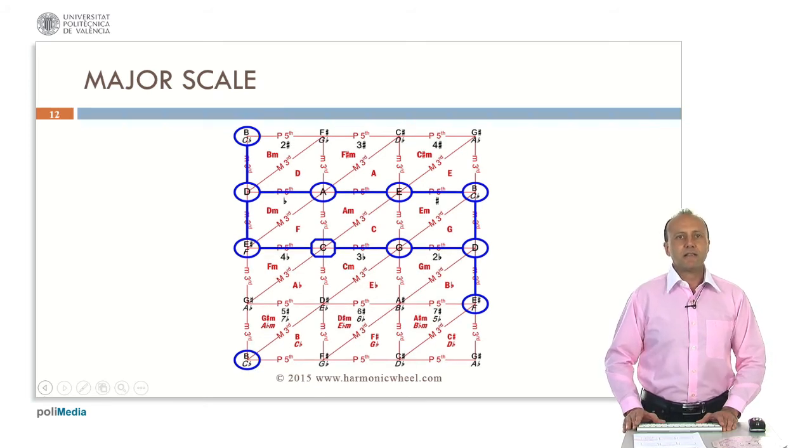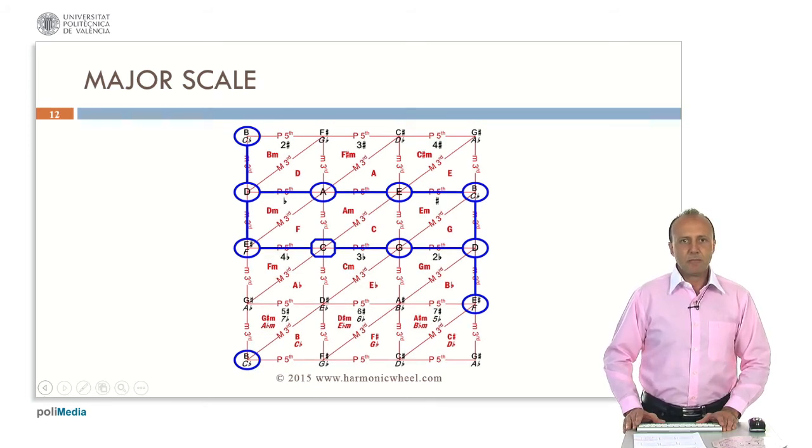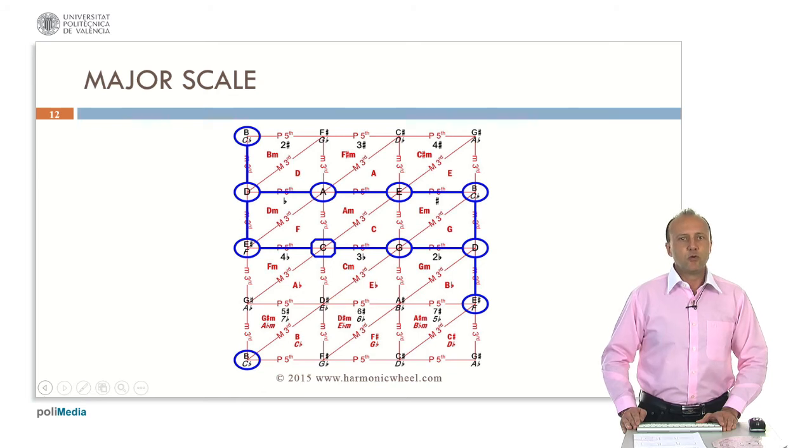So now we assign the corresponding key signature to any pair of a major chord and its relative minor. Remember that we have to repeat this figure infinite times to obtain the harmonic plane. But in the vertical direction it is not necessary, because at the top we have the same notes as at the bottom. So if we go upwards, when we reach the top, we can continue from the bottom in a cyclic way. On the contrary, in the horizontal direction, we need to put 12 intervals, which are perfect fifths, until